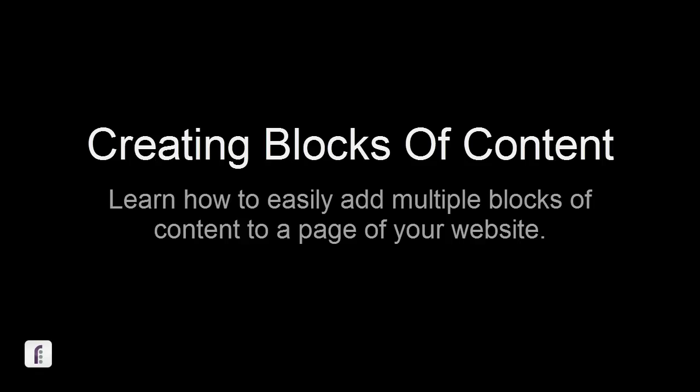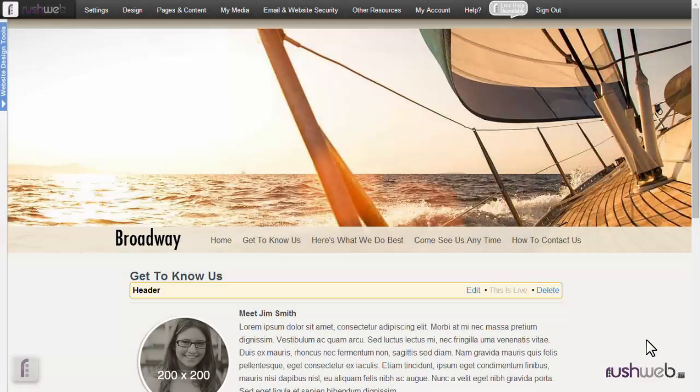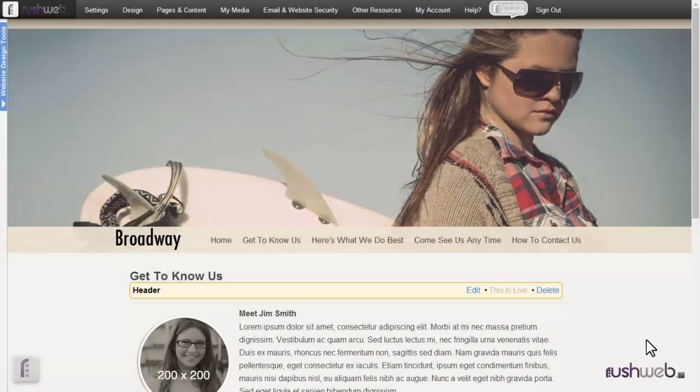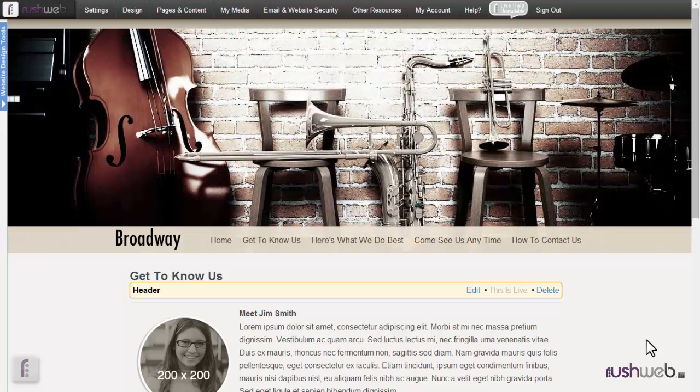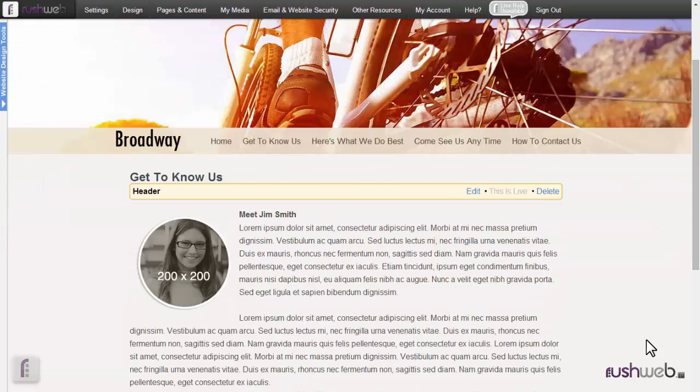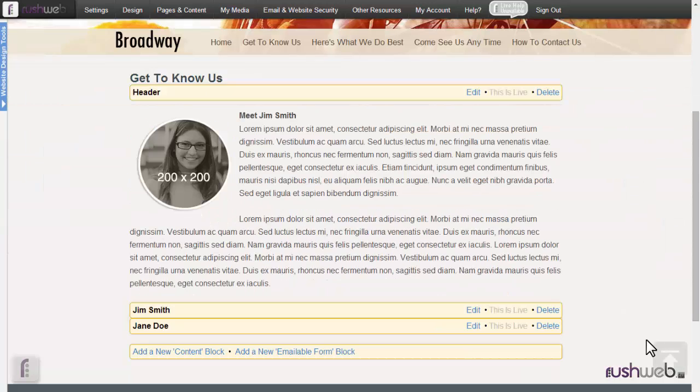Okay, in this tutorial I'm going to show you how to add and manage your content blocks. So there are two things to know about the websites in case you are not completely familiar. You have pages, and then within those pages you have blocks of content. And so when you're talking about a page, you're talking about a page in its entirety with all of the